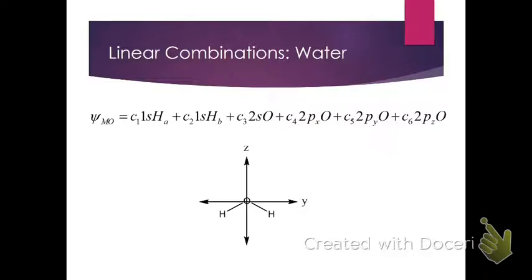Alright, so here's an example of a linear combination of these 6 atomic orbitals. We have the 1s orbitals on the hydrogens, the 2s orbital on the oxygen, the 2px orbital, the 2py, and the 2pz. So when we talk about linear combinations of molecular orbitals, as you may recall from our discussions of diatomic molecules, we take a sum of all of these orbitals, and we multiply them by, at this point, an unknown